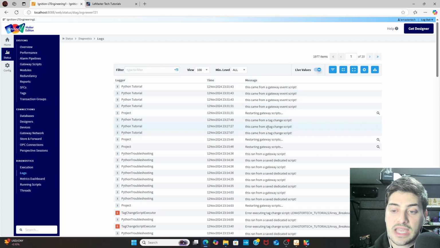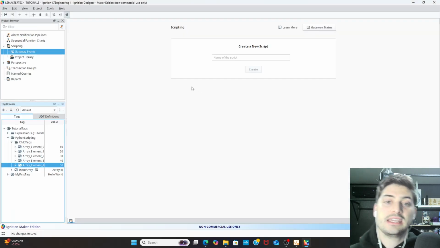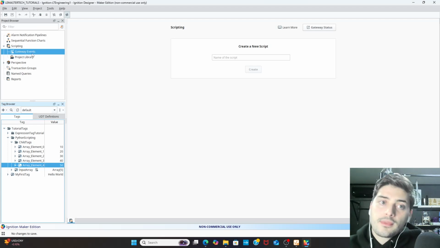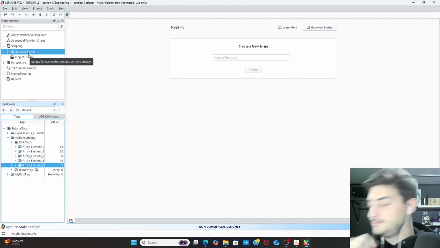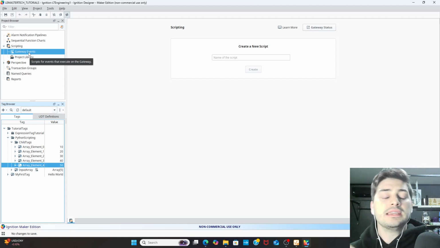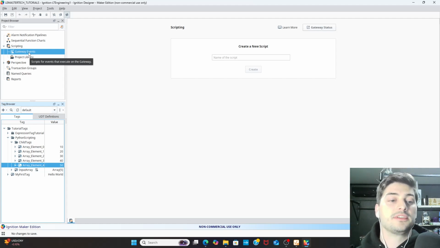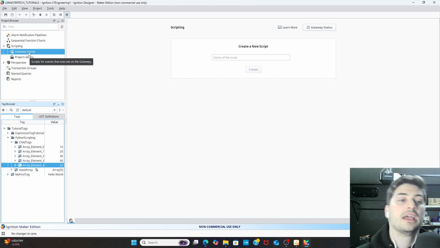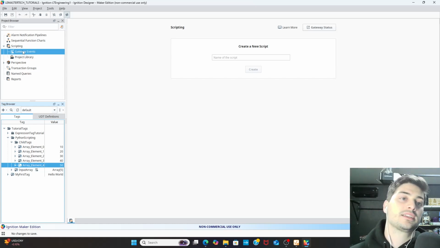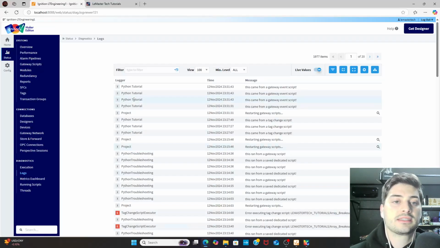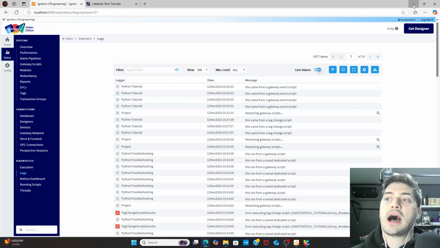So we had those tag change scripts, and now we have our gateway event scripts. That is a super useful thing to know, and also useful to know, tag value change scripts are obviously living on the tag themselves. So that's on the tag provider in the tag browser. This gateway event is going to be executed at the gateway level, meaning it's using gateway resources and is not